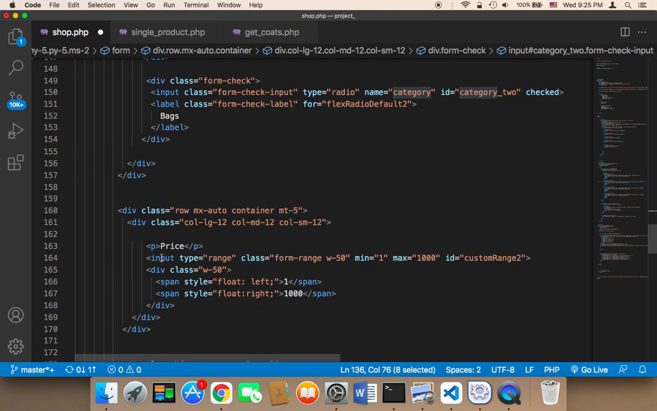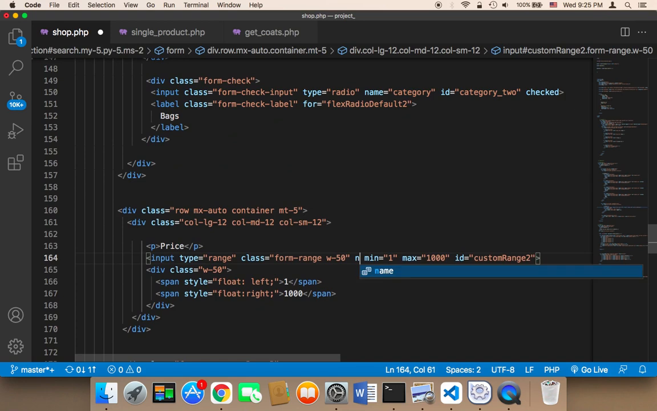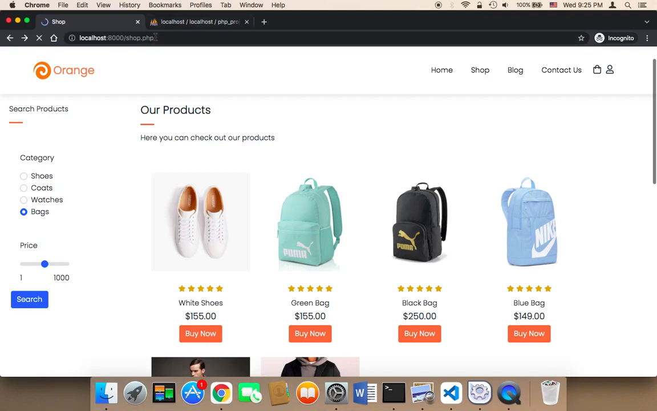Second, we have the price. We need to give this input a name, so I'm going to say name is equal to price. And let's say the value, by default, is equal to 100, for example. Now let me save and refresh. So the value by default is going to be 100, and the maximum here is 1000. And bags is the default